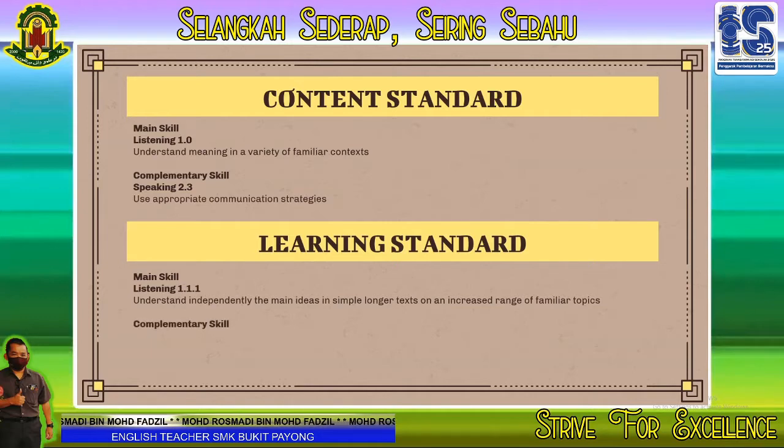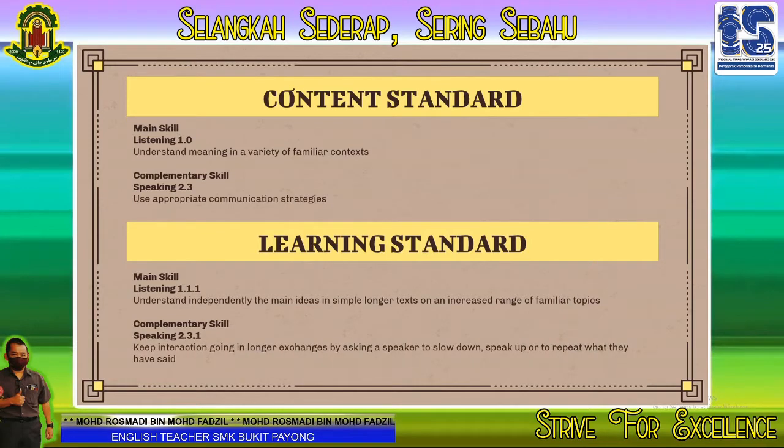And the complementary skill, speaking 2.3.1: keep interaction going in longer exchanges by asking a speaker to slow down, speak up, or to repeat what they have said. So our main skill today is listening and the complementary skill is speaking.